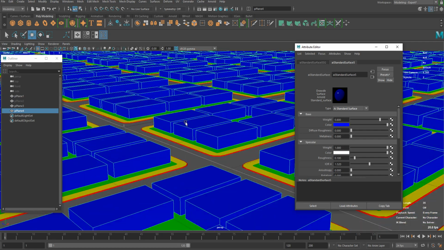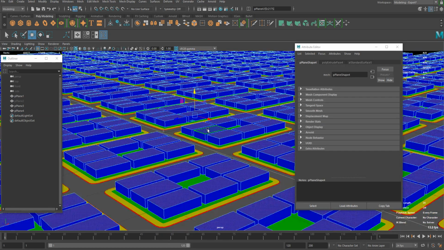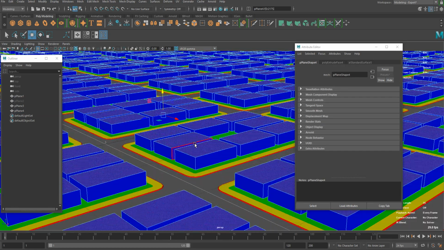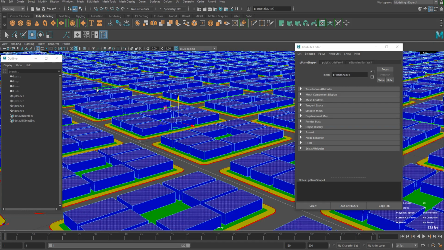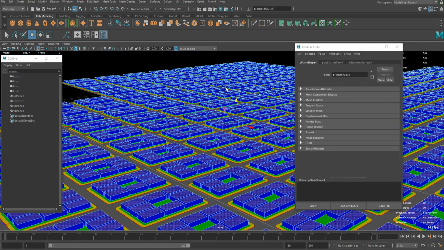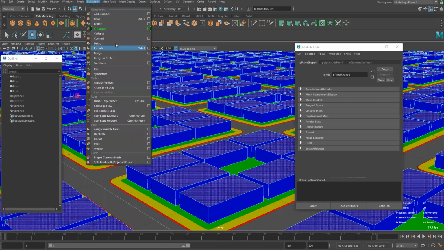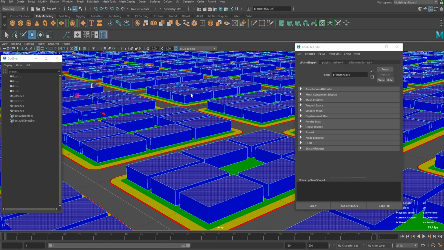Okay, now back to the face selection mode. I'm gonna select every roof of those buildings and go to transform and